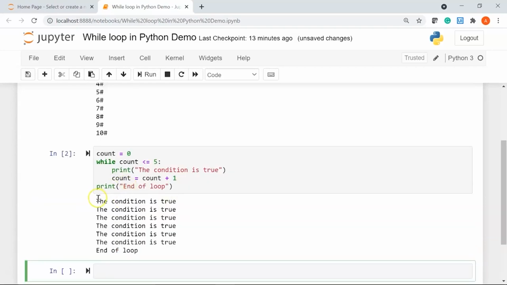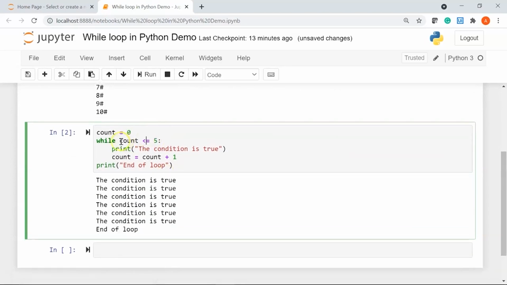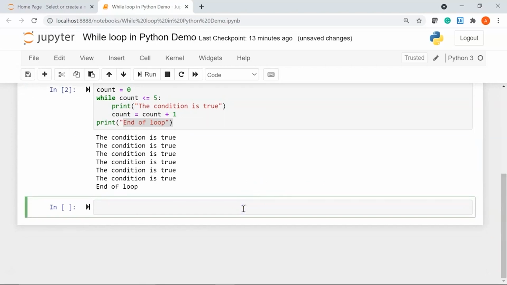You can see here we have printed our message. The condition is true 5 times because our expression is being evaluated 5 times here. The 6th time, our count is no more less than or equal to 5, so we end the loop. And here you can see the message end of loop. Cool. Now moving ahead,